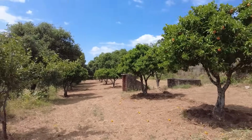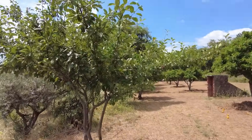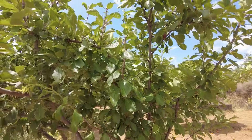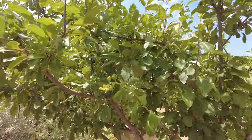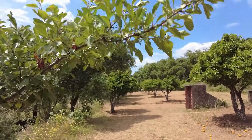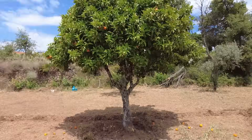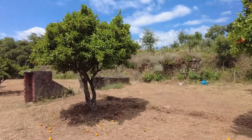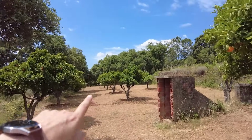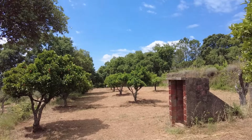Well, not all of them, because we do have some plums. This is a plum tree. Let me see if I can see a plum. I don't know if this is the time for them. Yeah, but this is a plum. And then orange trees, which stretch out till the end where we came down,